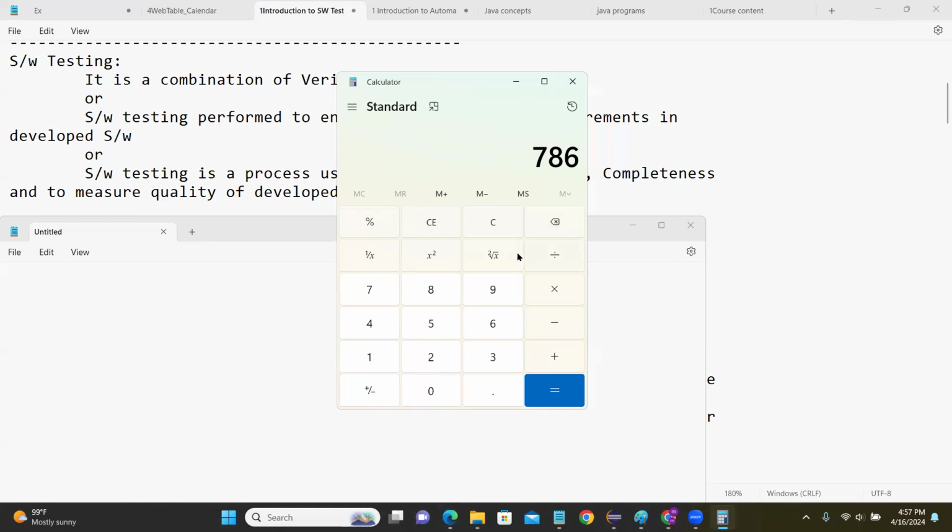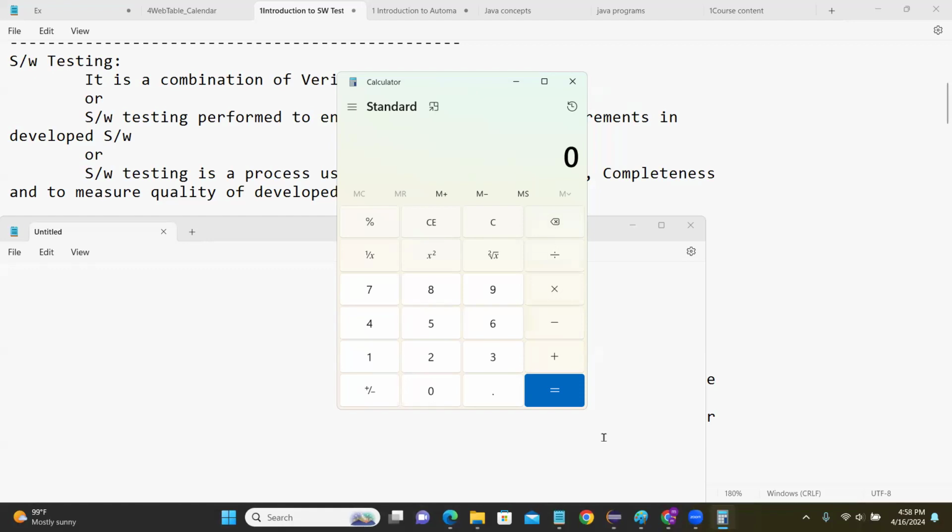Now I want to check whether the C button is working properly or not. How do you check it? I am going to click on the C button. Yes, zero is displayed. That means the C button is working fine. Now I enter 456. If I click on the back, only one digit should be cleared. Is it cleared or not? Yes, cleared. So it is working fine. Like this, operate and see whether the multiplier is working properly or not. That is the